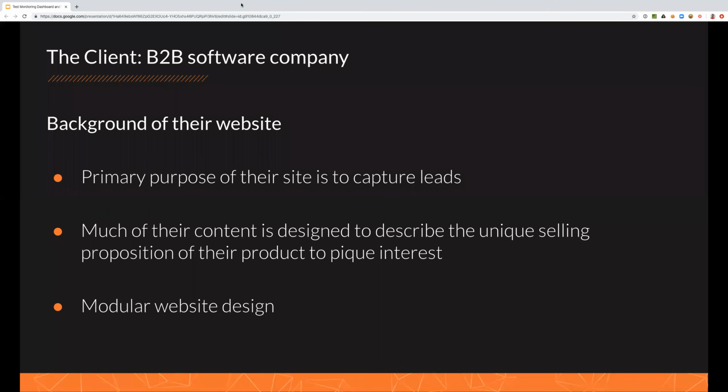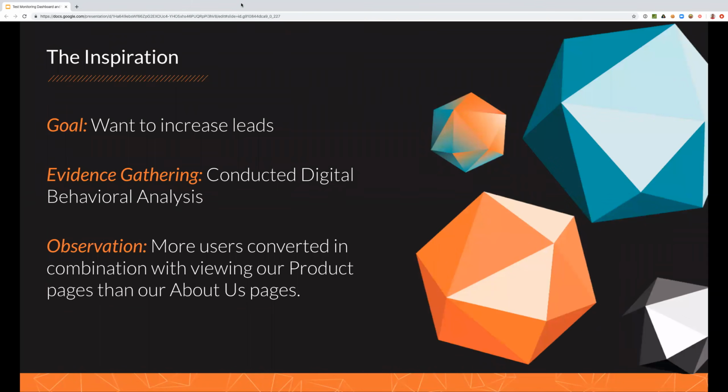And they had redesigned the site to be built with modules. And so it made the design and layout really flexible. But they also knew that they had to roll out the redesign with an initial setup, but that they wanted to continue experimentation on the setup to figure out the optimal layout to help with those form leads being submitted. And once they launched the redesigned site, they conducted a digital behavior analysis,